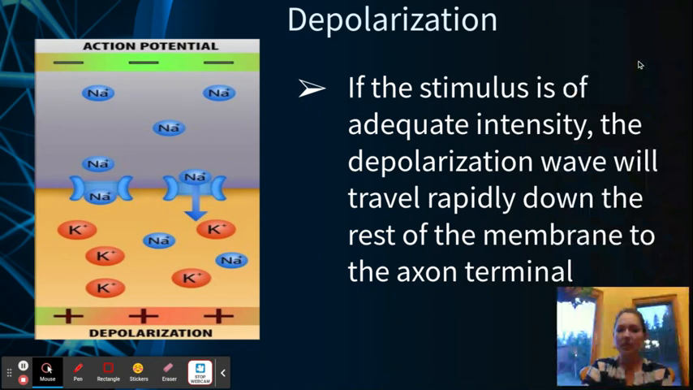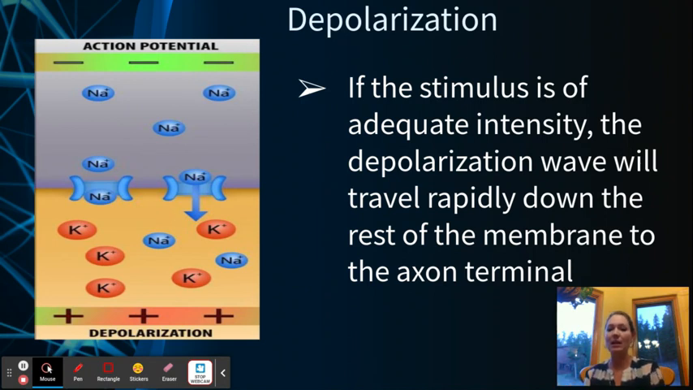And so if the stimulus is of adequate intensity, the depolarization wave will travel rapidly down the rest of the membrane to the axon. So what this means is that if the stimulus is enough intensity to open enough sodium gates, so that enough sodium comes in to get the inside of the neuron above negative 55 millivolts, then it causes a domino effect all the way down the axon to the axon terminals. Because what happens is once one sodium gate's open and they have that adequate threshold, it signals the next sodium gates to open. And so more sodium rushes in, which signals the next sodium gates to open,